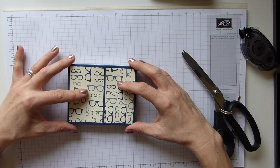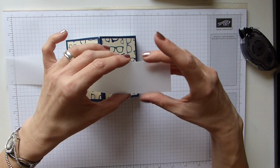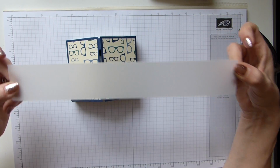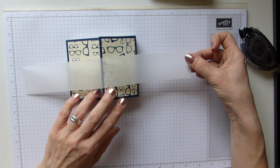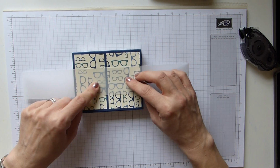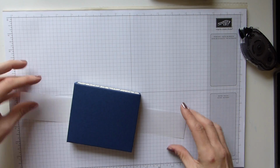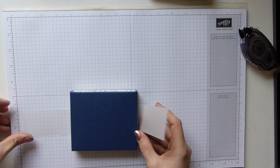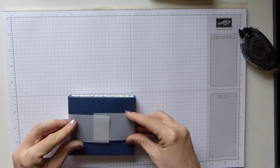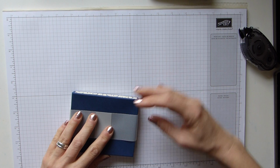You can have these flaps either way you want them. And then we need our belly band, and I've used a length of vellum. Now this is just a full length of a vellum sheet. I haven't cut anything off, it's just the basic A4 length. I have to be honest with you, I'm so rubbish at doing belly bands because I can never get the measurements right. So my simple way of doing it is, I put it on and then I tip my project upside down. I make sure that my vellum is relatively central, and then I just fold it over, again making sure that my ends are going to meet together,